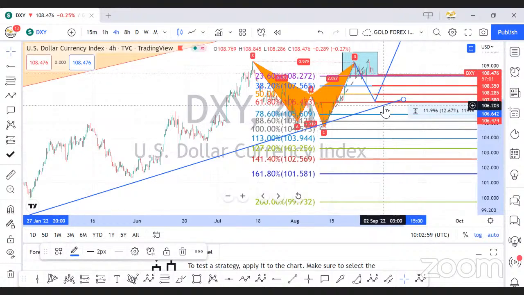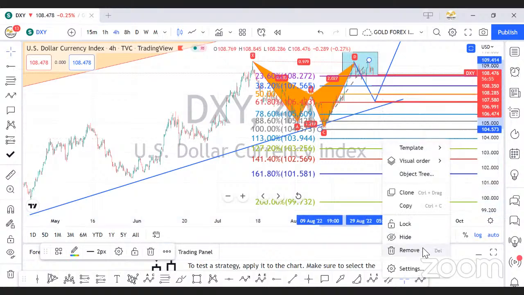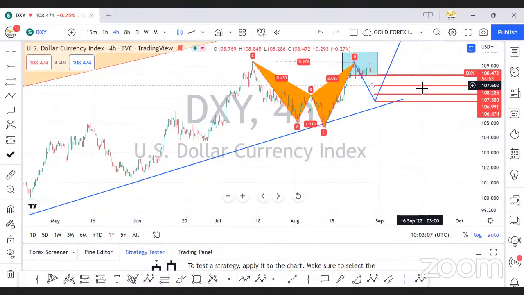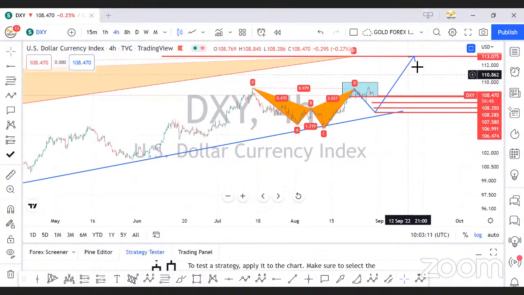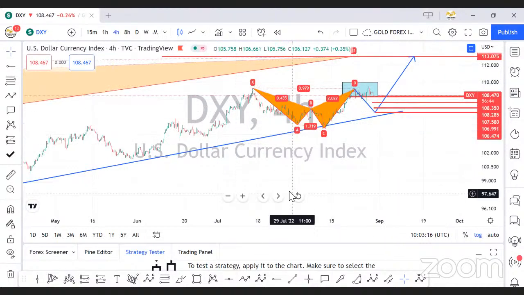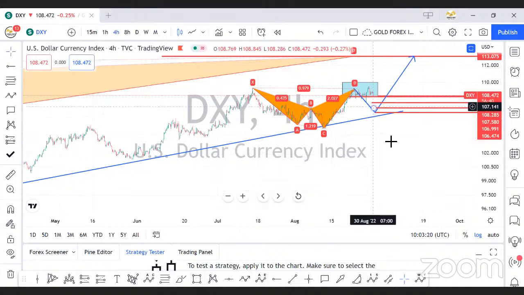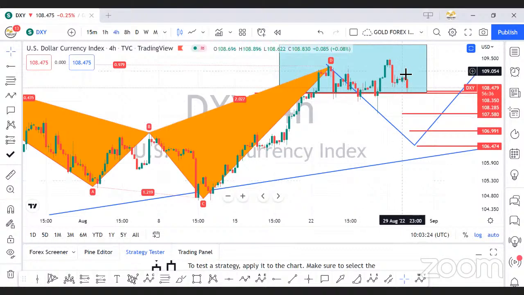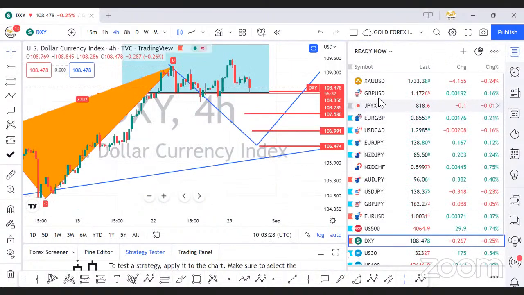So once it drops to this level, you see that the dynamic support level might hold. Then we can see it rise all the way to complete the pattern. So I'm still expecting the dollar to be weak a little to these levels before we see the buys coming. That would mean that